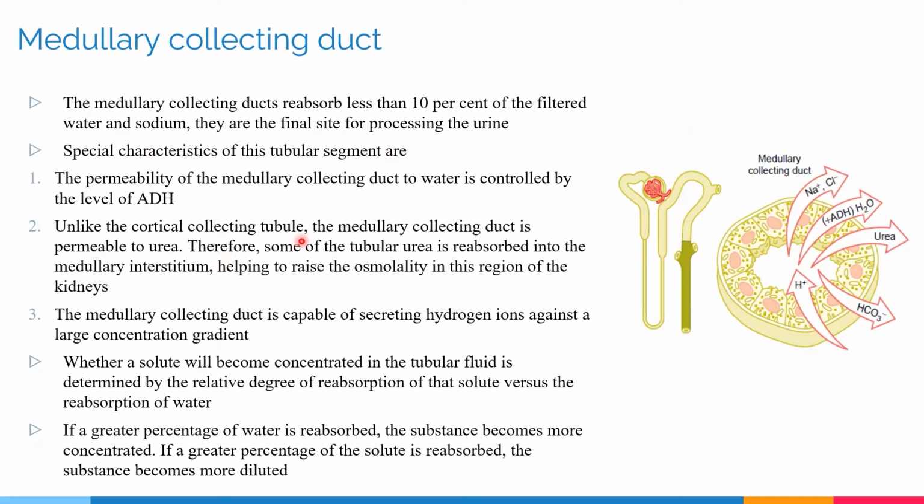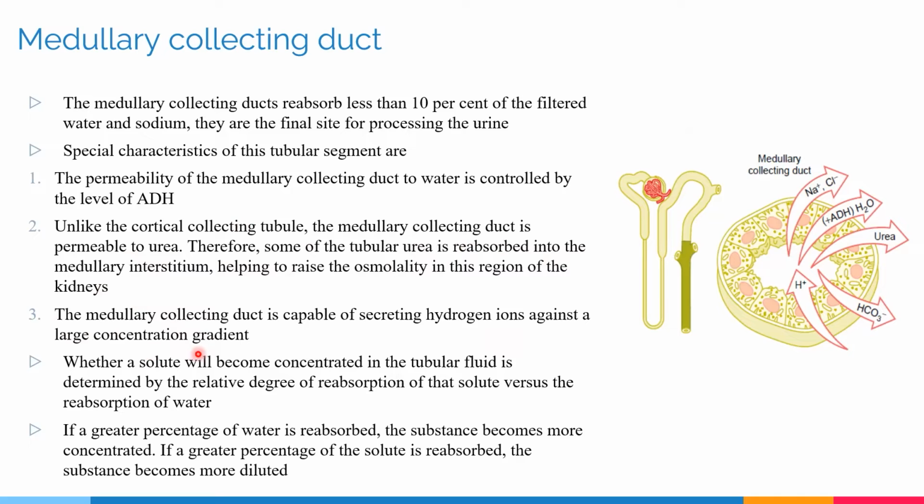Unlike the cortical collecting tubule, the medullary collecting duct is permeable to urea. Therefore, some of the tubular urea is reabsorbed into the medullary interstitium, helping to raise the osmolarity in this region of the kidneys. Finally, the medullary collecting duct is capable of secreting hydrogen ions against a